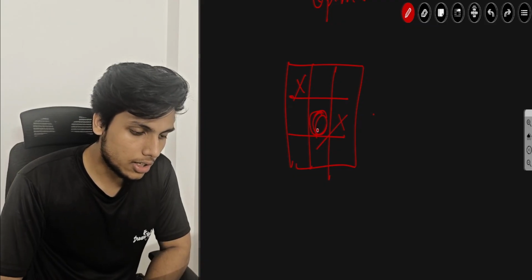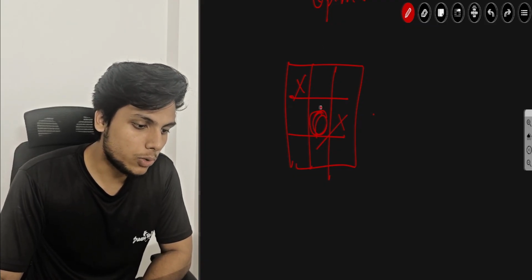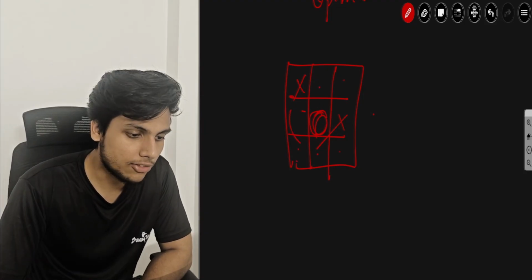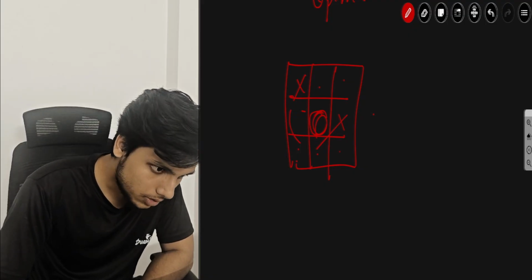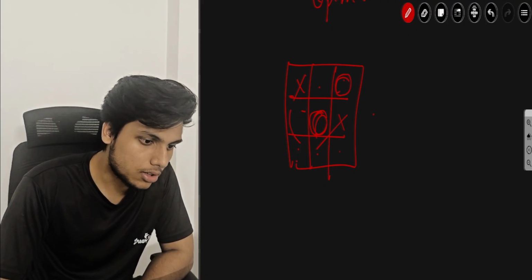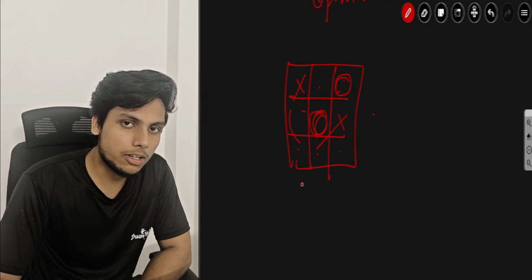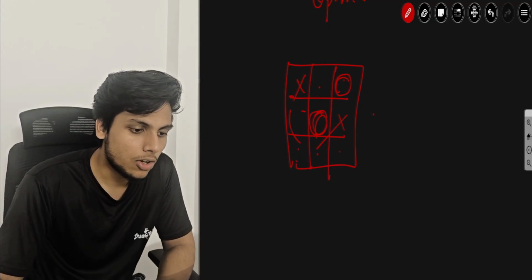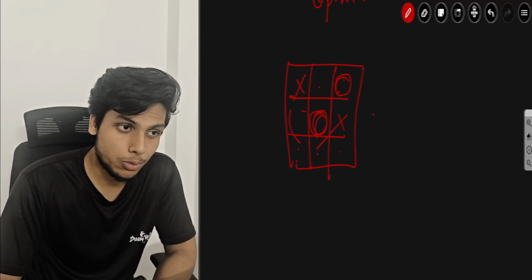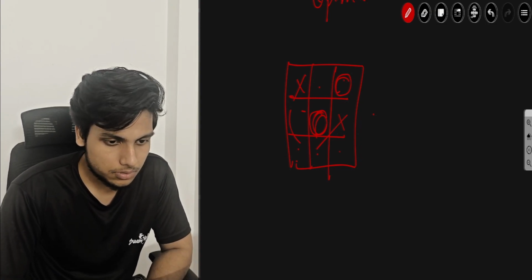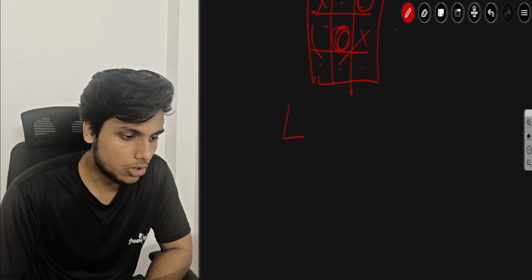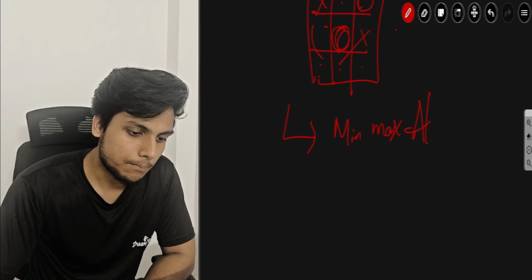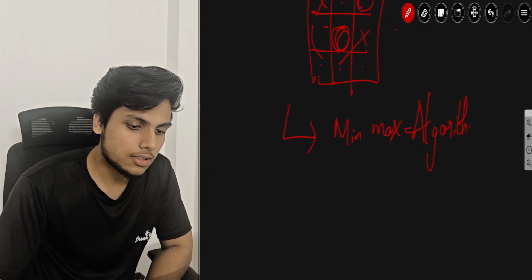What you need to determine here is the optimal move such that player O can win. Let's say the optimal position to play O is this cell, then you need to determine the same for X. So you need to determine the optimal cell positions for each player if both players play optimally. In order to solve this question, you need to use the min-max algorithm.